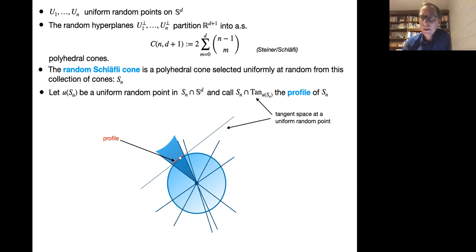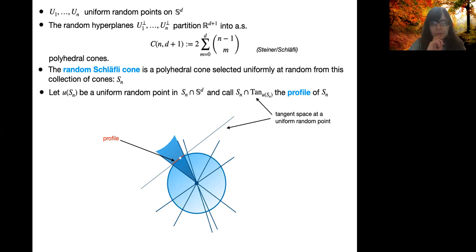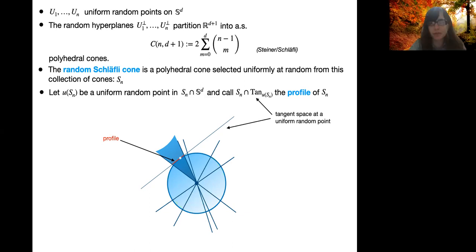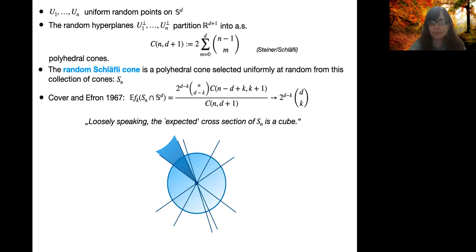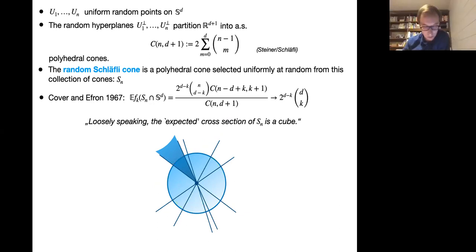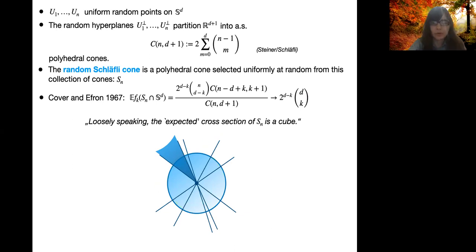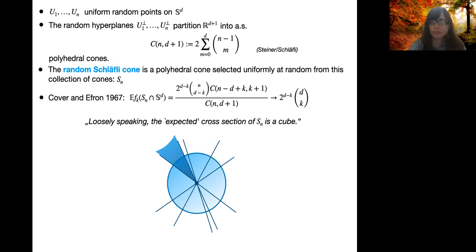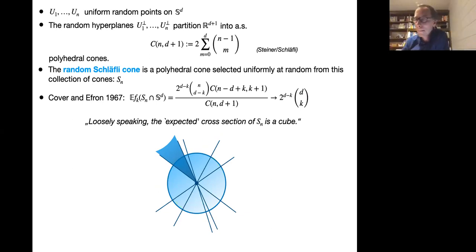Yes. The reason that they were looking at spherical polytopes, is it because the cones will be unbounded and the question wouldn't make sense otherwise? Or they also cover that version? Just if you look at the f vector of the cone, it's completely equivalent to looking at the f vector of the spherical polytope. It's the same. Yeah, it's completely the same thing. But you will see why maybe looking at the spherical polytopes is maybe nicer to work with, but it's completely equivalent.